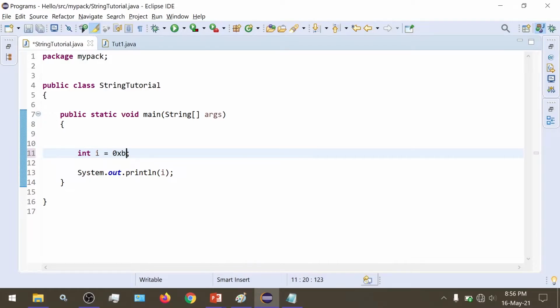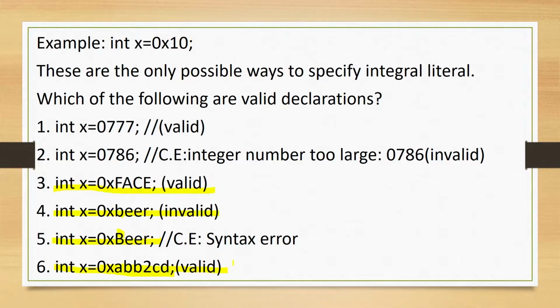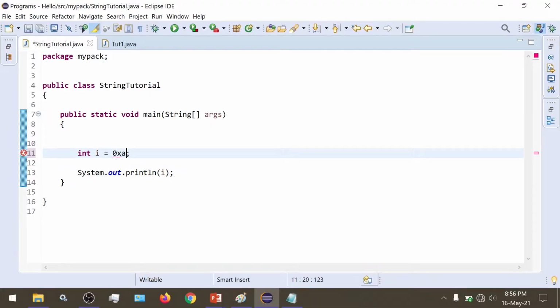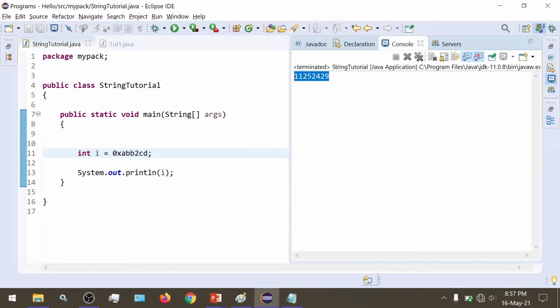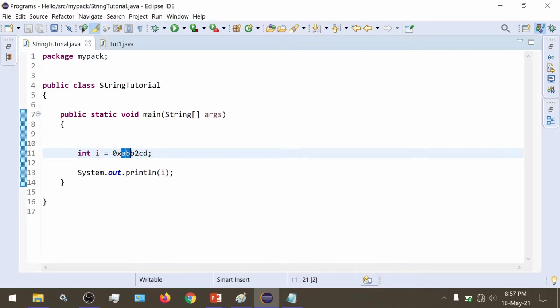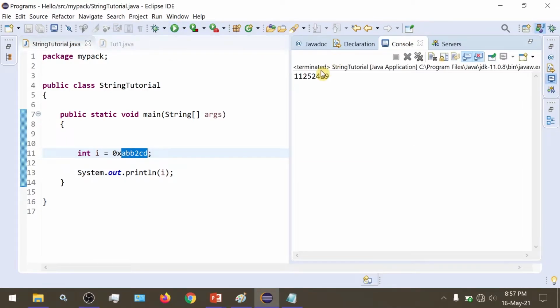So the number ABB2CD, when we run this, we get this number as our output. The hexadecimal value ABB2CD converted into decimal is 11252429.